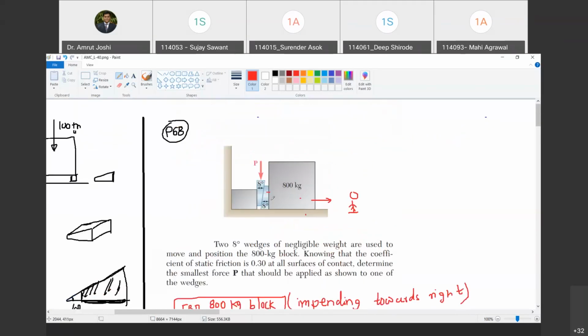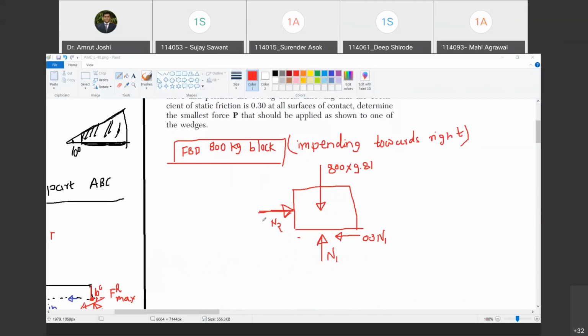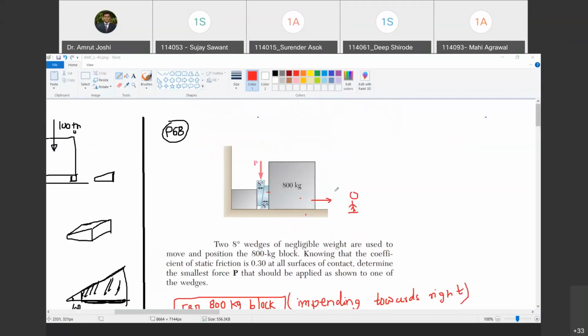So therefore there is only going to be the normal force. Why normal force? Because as this block slides down, this block is going to push the 800 kg block towards right. This wedge is going to push the 800 kg block towards right. Do you agree with me? Yes, sir. And therefore there has to be this normal reaction for sure. N2 is ought to be there, but frictional force does not prevail. It is a slightly tricky part. Have you understood this? Yes, sir.